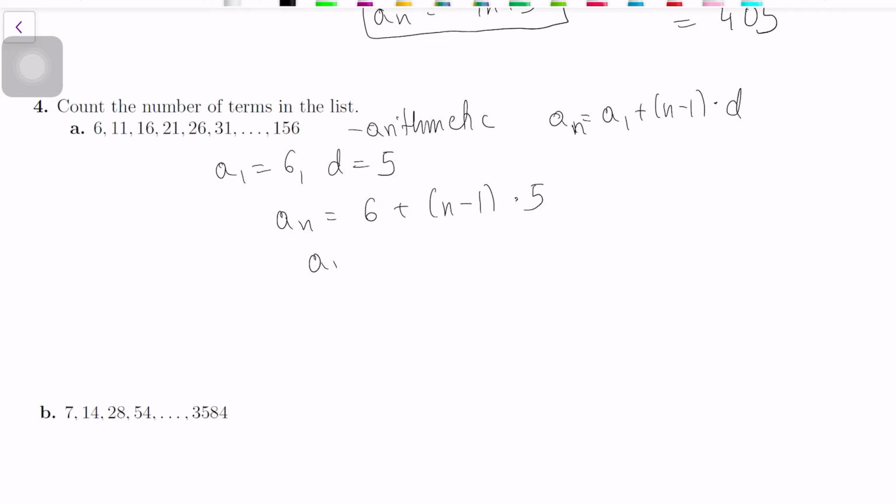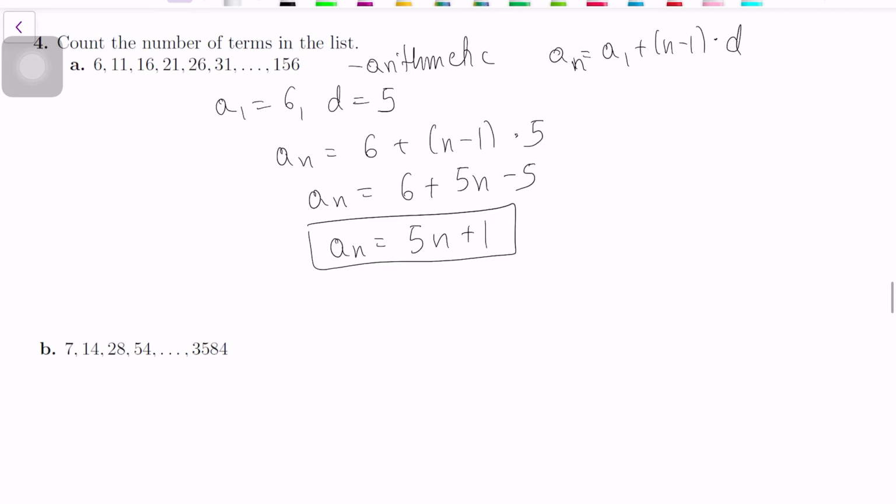I'm going to distribute 5 and combine with 6. So the general formula is 5n plus 1. Okay, but that's not what I'm supposed to do. Count the number of the terms. So what n is